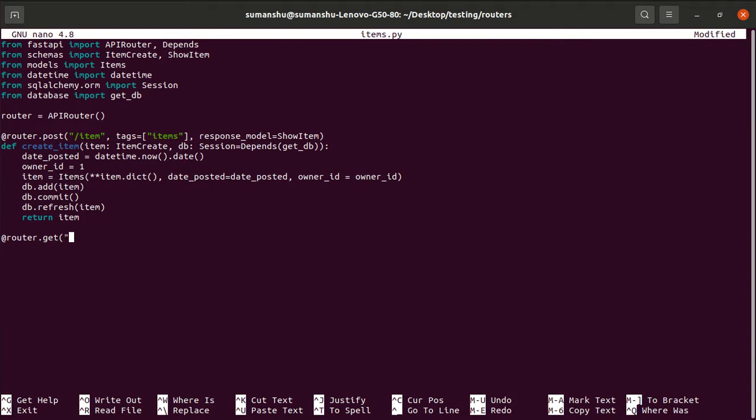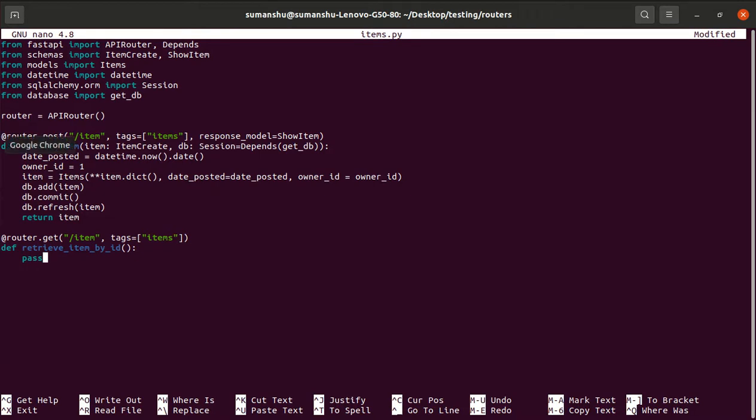Any path you can give. Let's suppose we want the item path only, and the tag could be the same, the items tag. And we have to define some function, let's suppose retrieve item by ID.